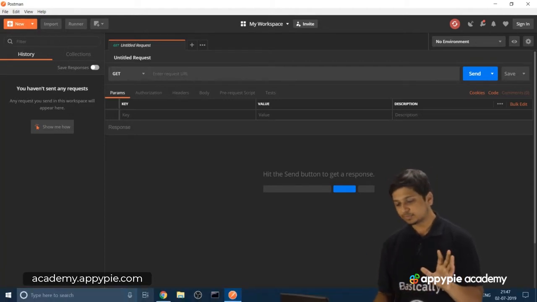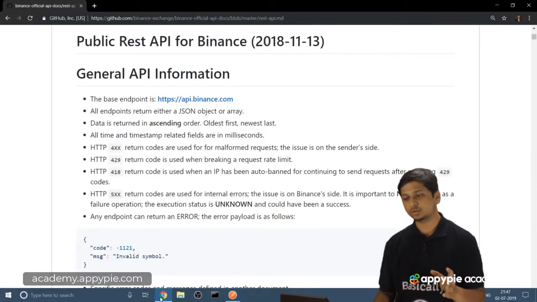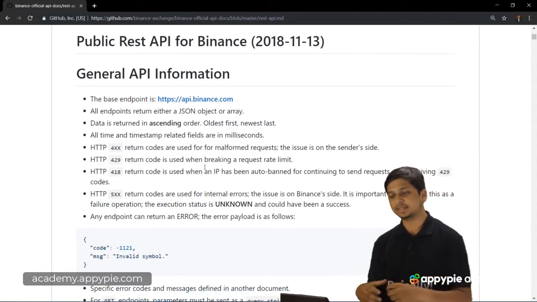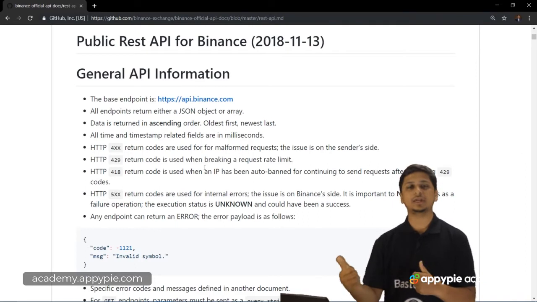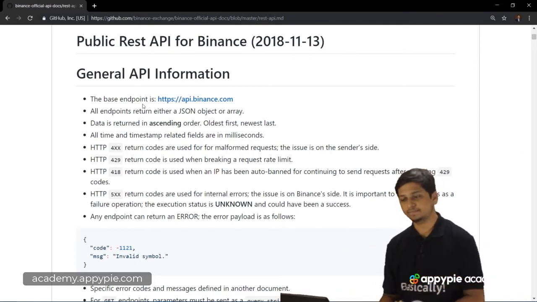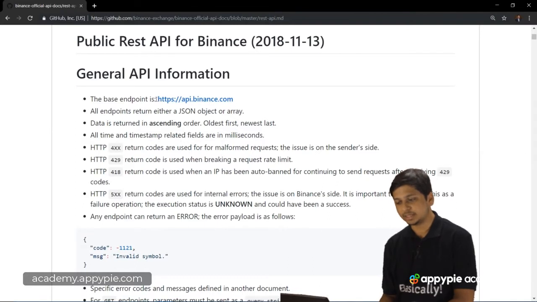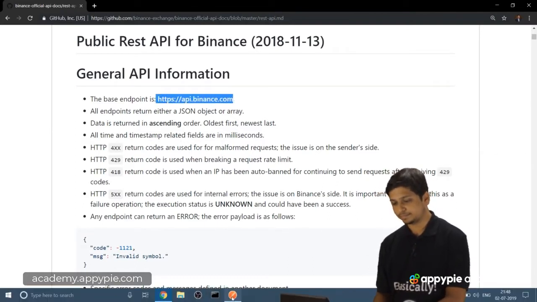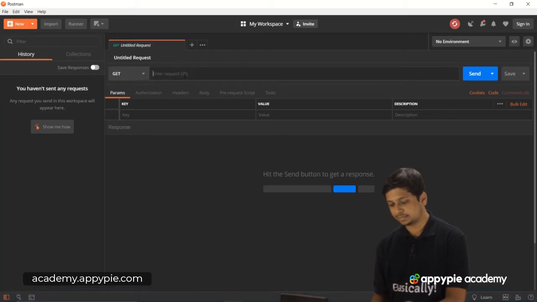Okay, so currently let's go back to the Binance API, and now let's look at the documentation of this particular API and the base URL, or the base endpoint. So currently the base endpoint is api.binance.com. So let's copy it, and then over here let's make a request to